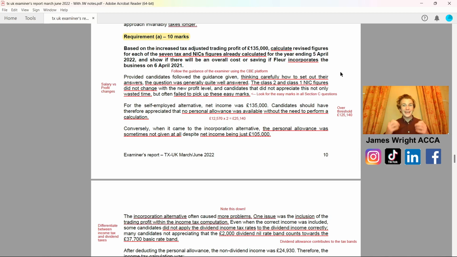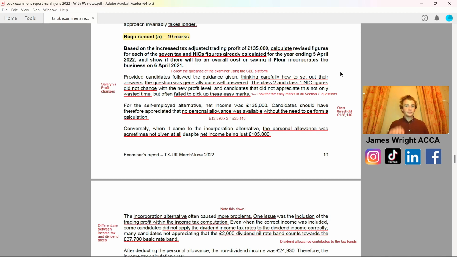There were 2 to 3 easy, low-hanging fruit that you could have just picked up on straight away and got you closer to that pass on there. Key things to note down were, first of all, that the individual was over the threshold for abatement, so